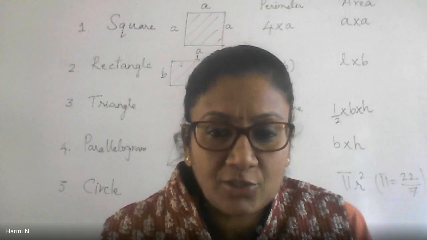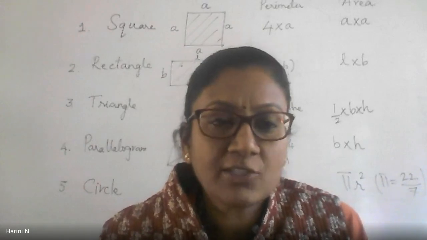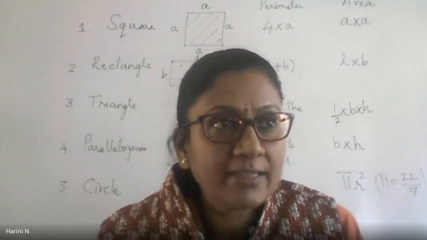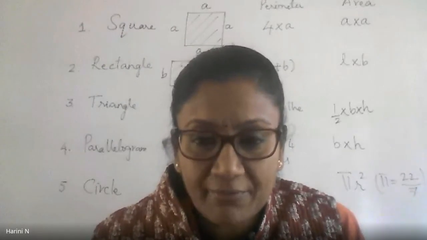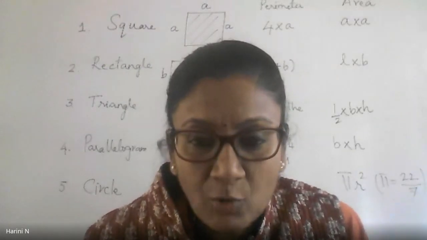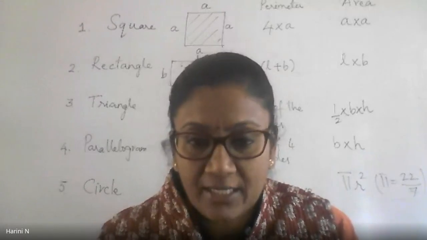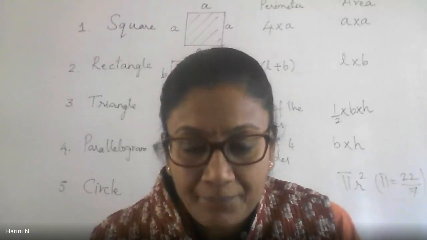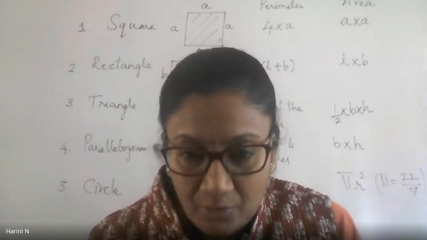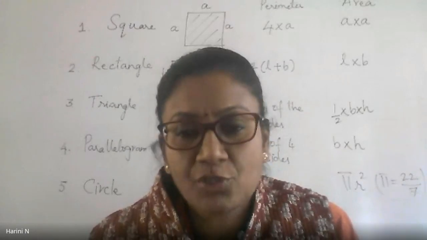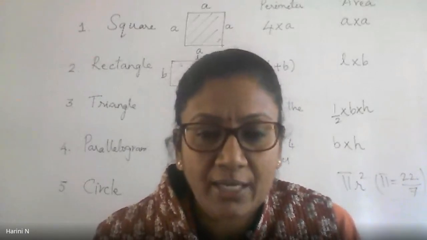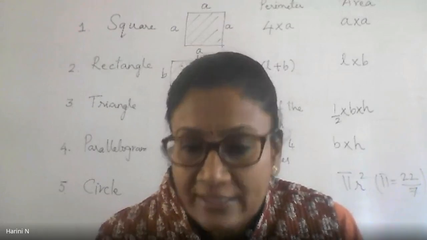All right. So I think with that, we will stop our class here today. We will rejoin maybe on Tuesday and Thursday, sir would be taking. So Wednesday and Friday will be mine. All right. I hope you are clear with the schedule. Tuesday and Thursday, sir would be taking. I will meet you back on Wednesday and again Friday maybe. All right. So this week we will be in a position to complete the mensuration is what I am hoping for. What is sir doing now?